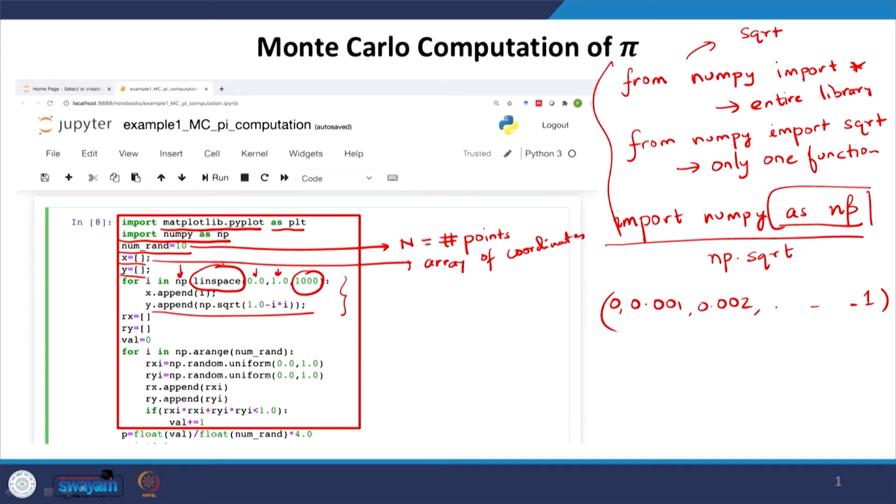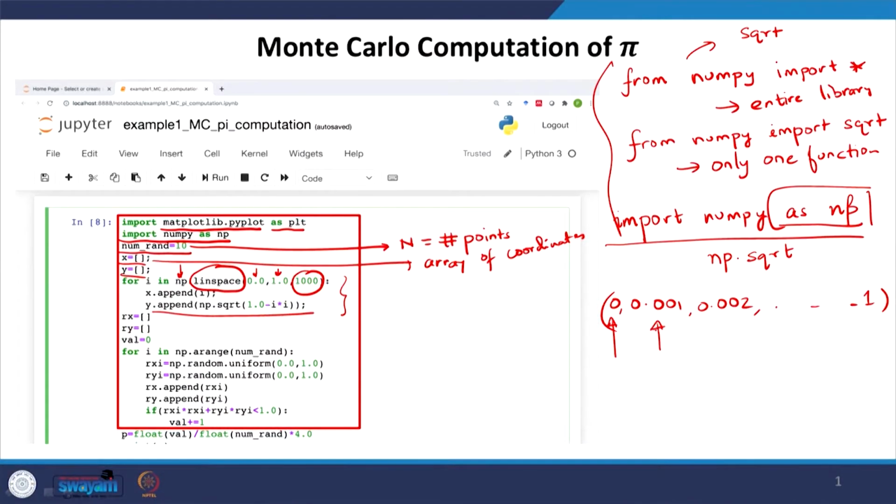And when I say for i in this, the first time it enters the loop, it will start from i equal to 0. Next time it will take the next value, and so on. For all these cases, whatever I pick from here becomes the x value, and the y value I get is 1 minus x square, that is 1 minus i square.